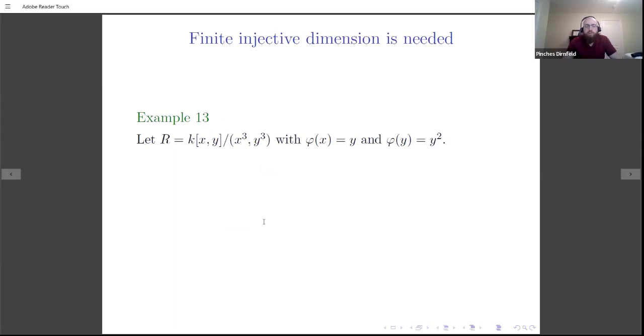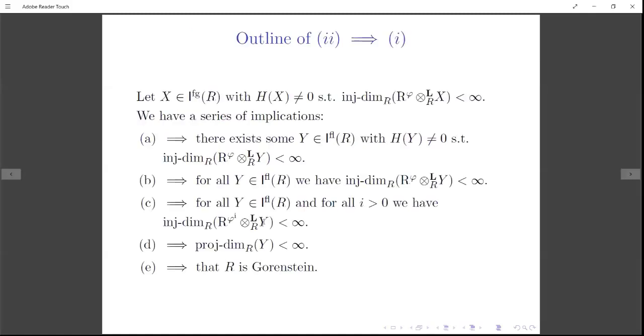So what I'm trying to say here is. But what is then the last step of the proof? Is that also from D to E? On D to E, this is just Foxby. Now you have a complex of finite projective dimension, so Y is also of finite injective dimension. Oh, okay. I forgot what Y was.